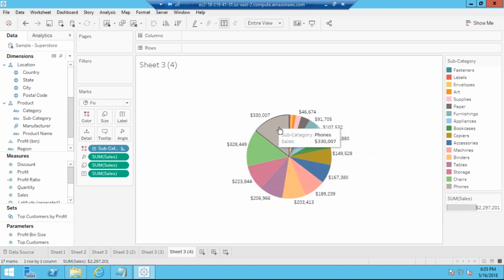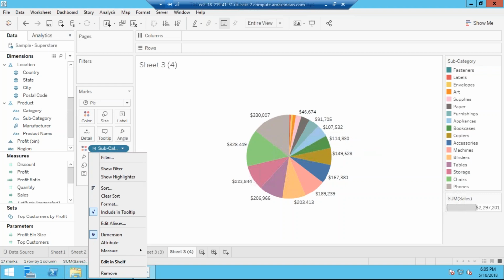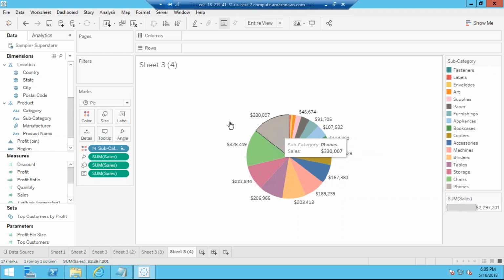You want to see labels of each category. What do you have to do? I want to see labels for subcategory, because here I cannot easily differentiate which color is for which category. I want to see it here itself.